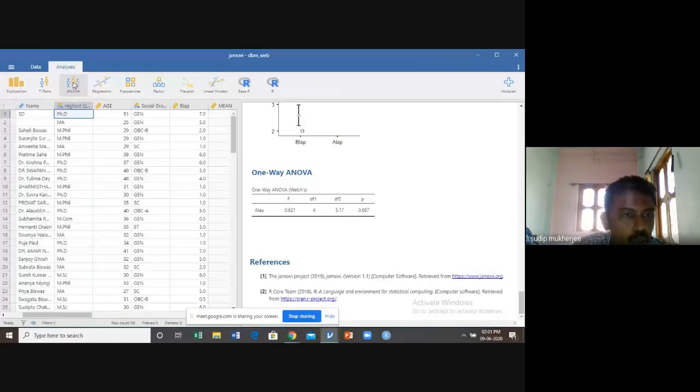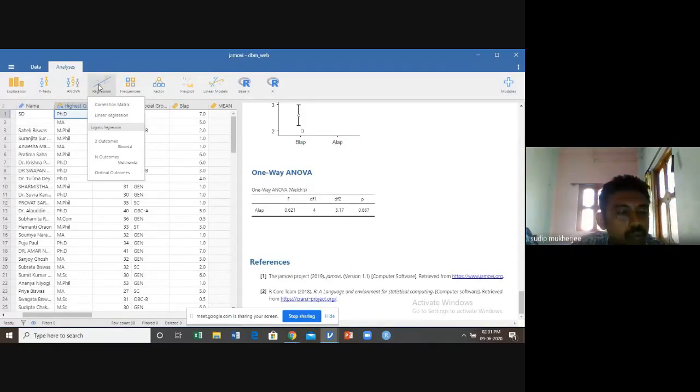When groups are more than two, then we use ANOVA for comparing the means of each group. Now another option is regression. Regression is used to find out the causal relationship between two variables.